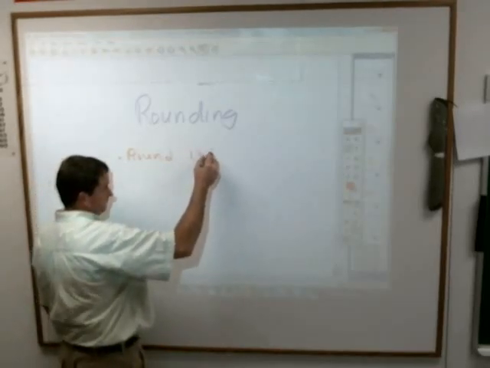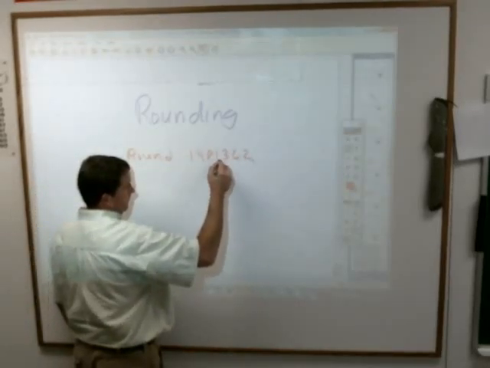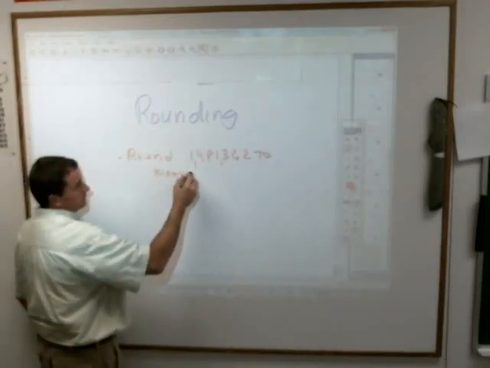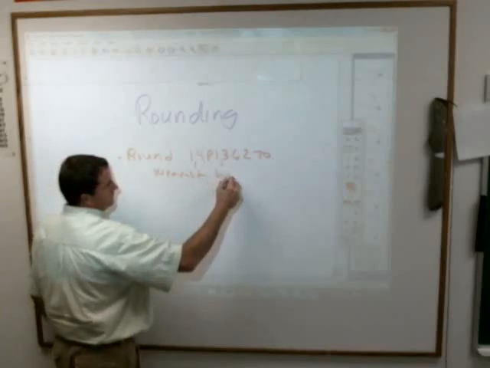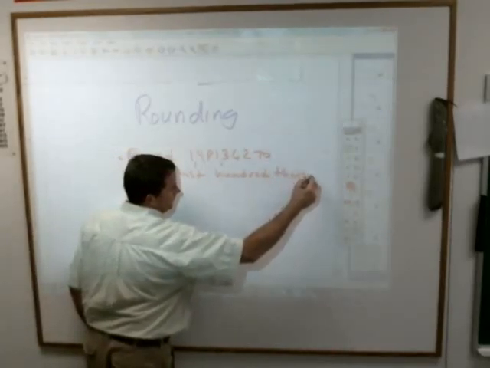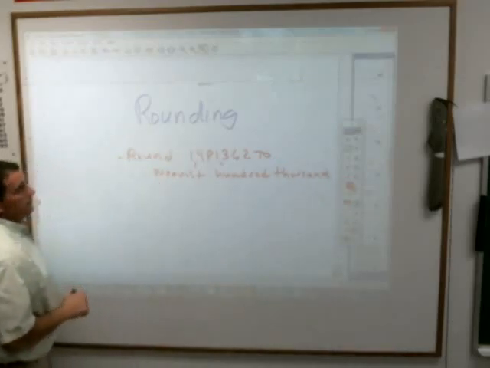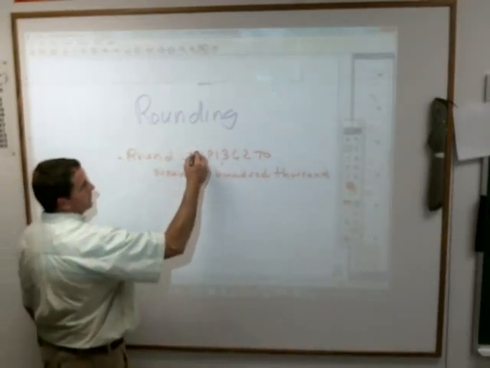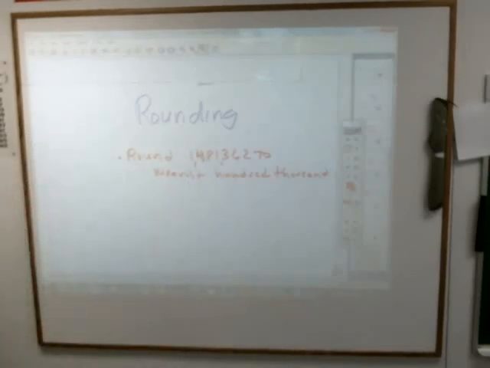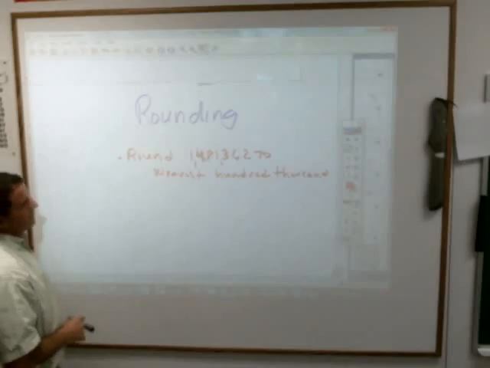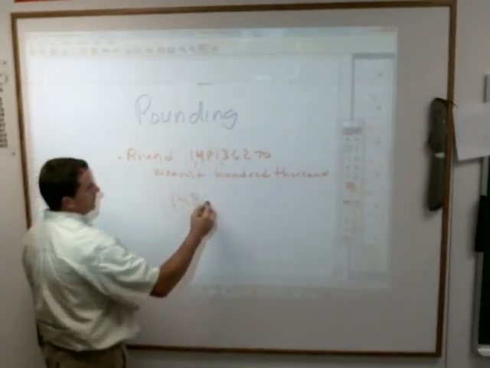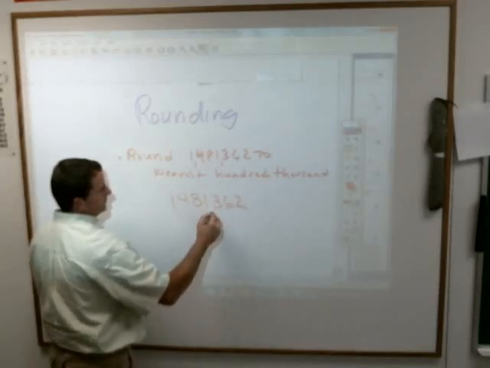1. To the nearest 100,000. Is that a 4? Okay, if I'm rounding 1,481,362 to the nearest